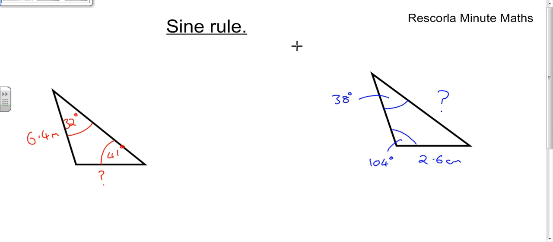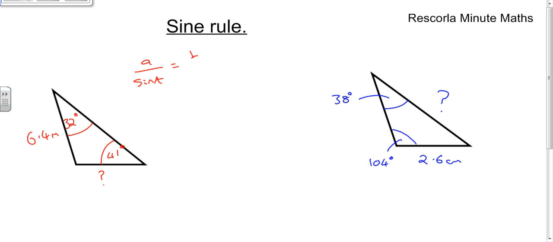So today's one is all about the sine rule. Now the sine rule is a little bit like trig, except there's a slight difference. Here we're looking for either angles or lengths in triangles which aren't right angle triangles. And the key thing for the sine rule, if you're looking for a length, you write down a over sine